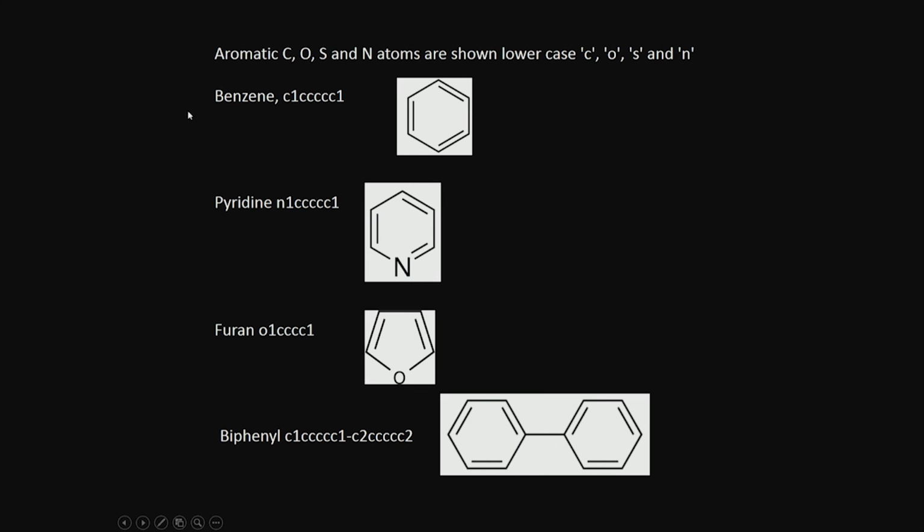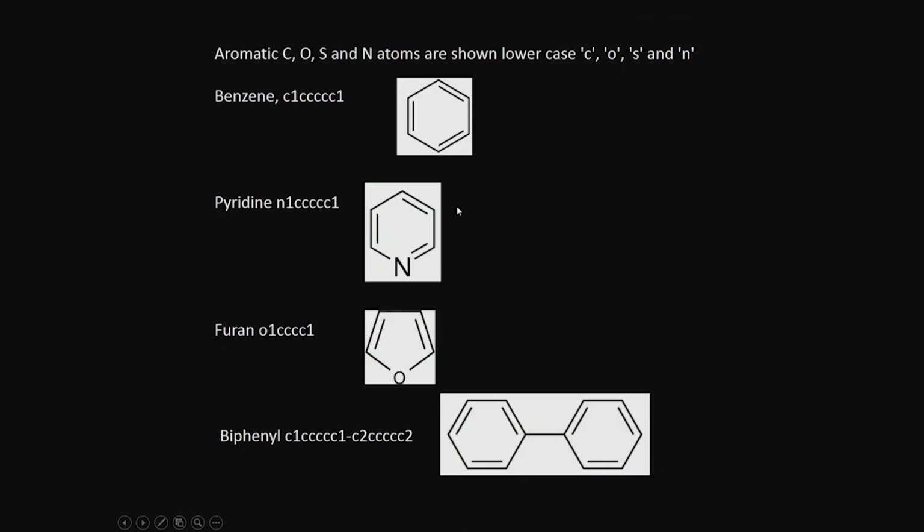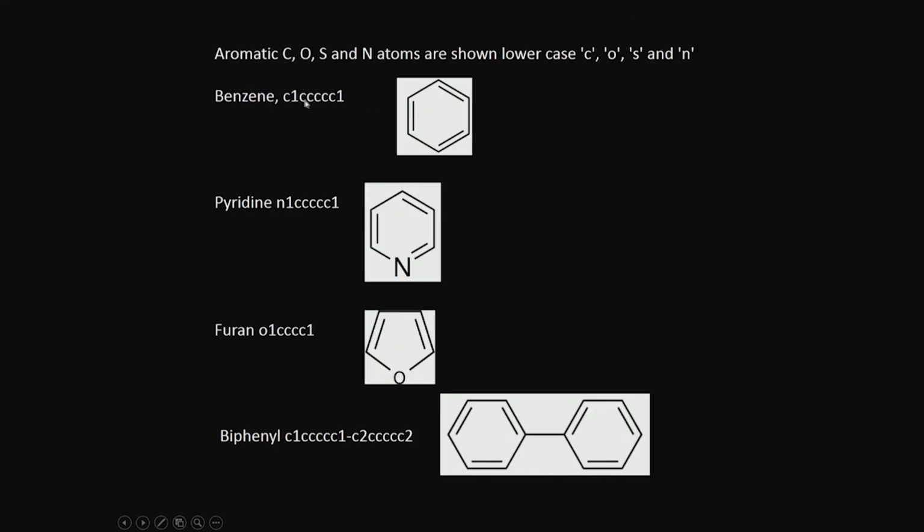Okay. Aromatic atoms are shown with lowercase letters, while aliphatics are shown with uppercase letters. So, benzene I write just like cyclohexane, but instead of capital C's I use small c's, you understand. For pyridine, I start with nitrogen 1, then I put 5 carbons, and then the last one I put 1. So, this carbon and this N are connected,